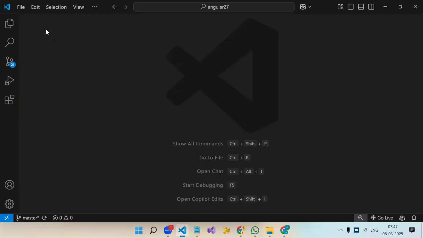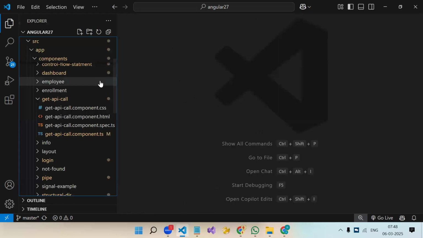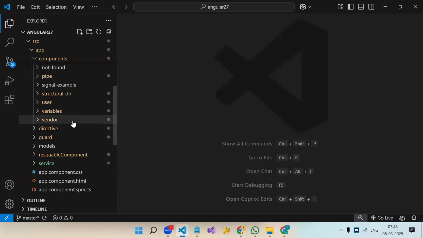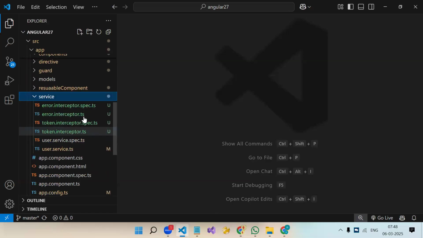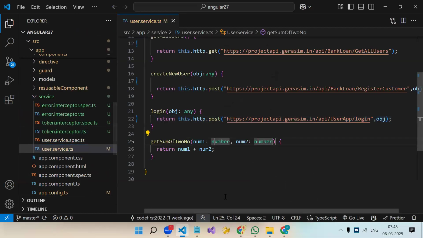Whatever we can do with promise, RxJS goes way beyond that. Promise has very little, but RxJS has so many things because obviously it's a dedicated library for that. It has so many functions and operators regarding asynchronous programming. Okay. So from that, we are going to see Subject and BehaviorSubject. Now, this is a common service we will use, that is user service. Now the scenario which I will take is,